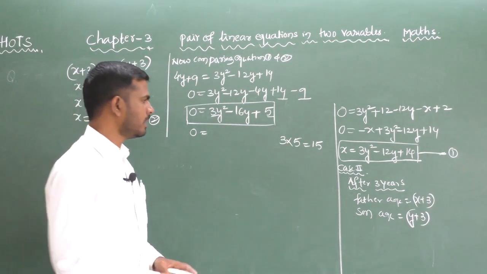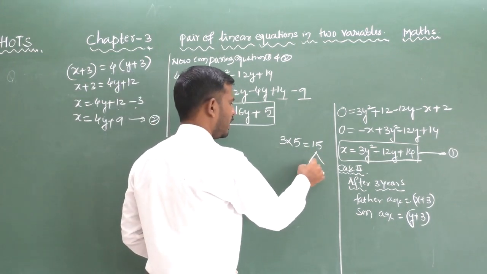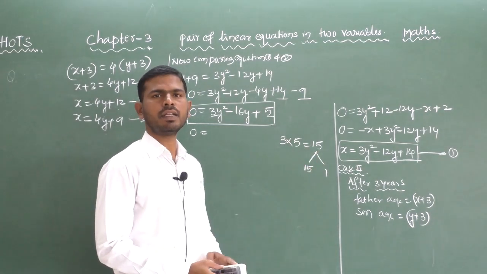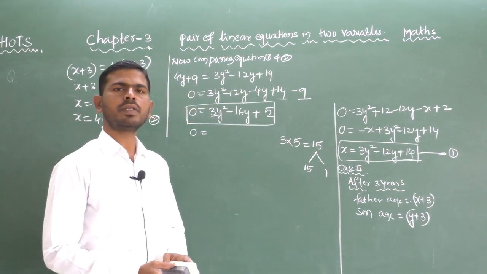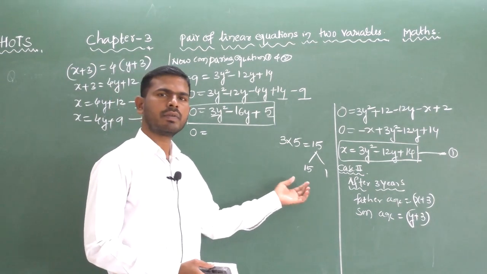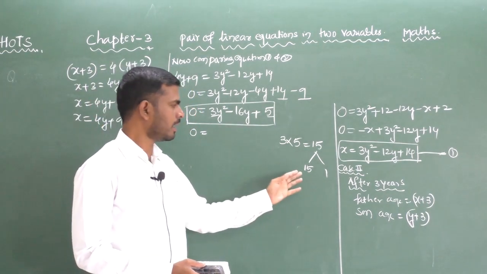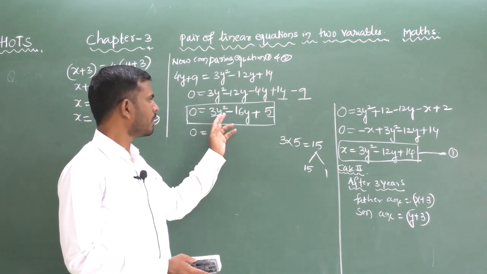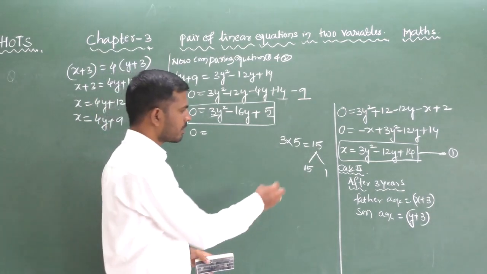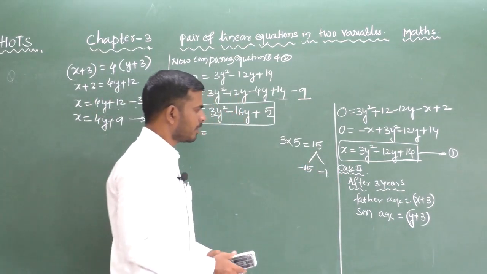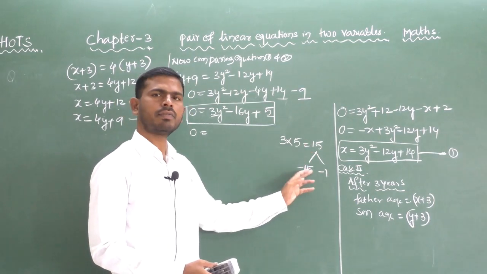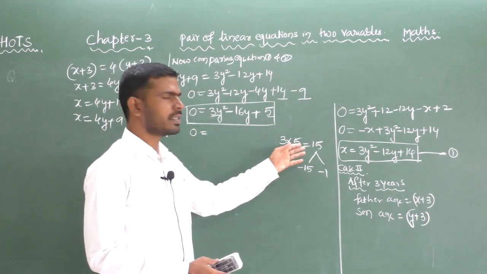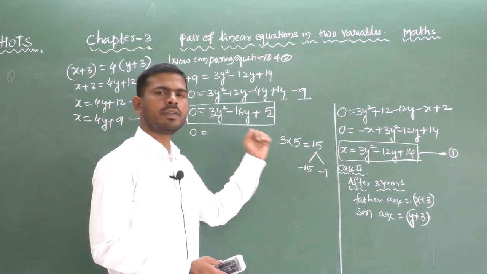So the factors of 15 are 15 and 1. 15 times 1 is 15, multiply gives 15, and plus or minus gives the middle number, that is 16. See here, 15 times 1 is 15, 15 plus 1 is 16. But you require here minus 16. So for minus 16 you can keep minus and minus. Minus into minus is plus, 15 times 1 is 15, minus 15 minus 1 is minus 16. So this is the suitable factor pair of 15.